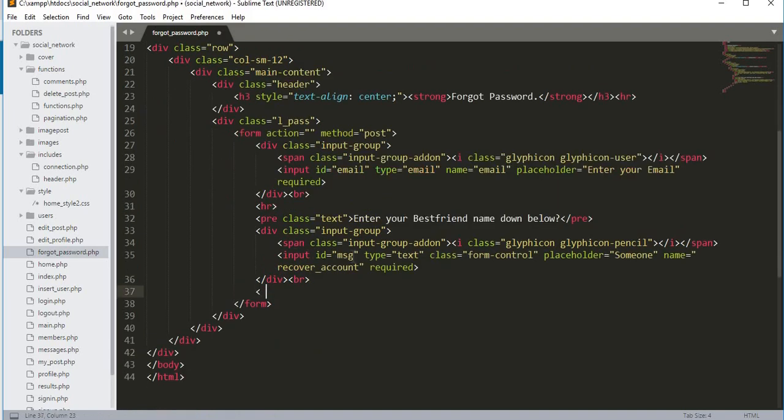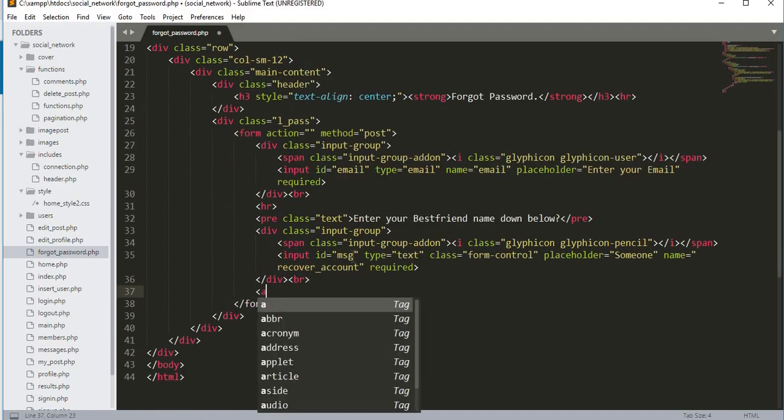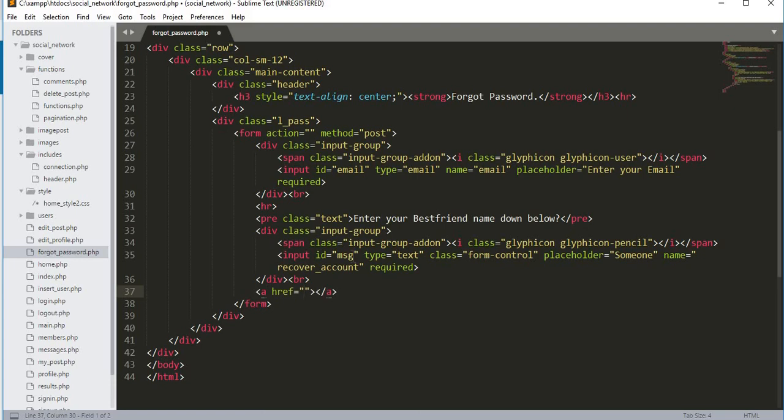And then over here we will add an a href tag, href will be signin.php, and then back to sign in,